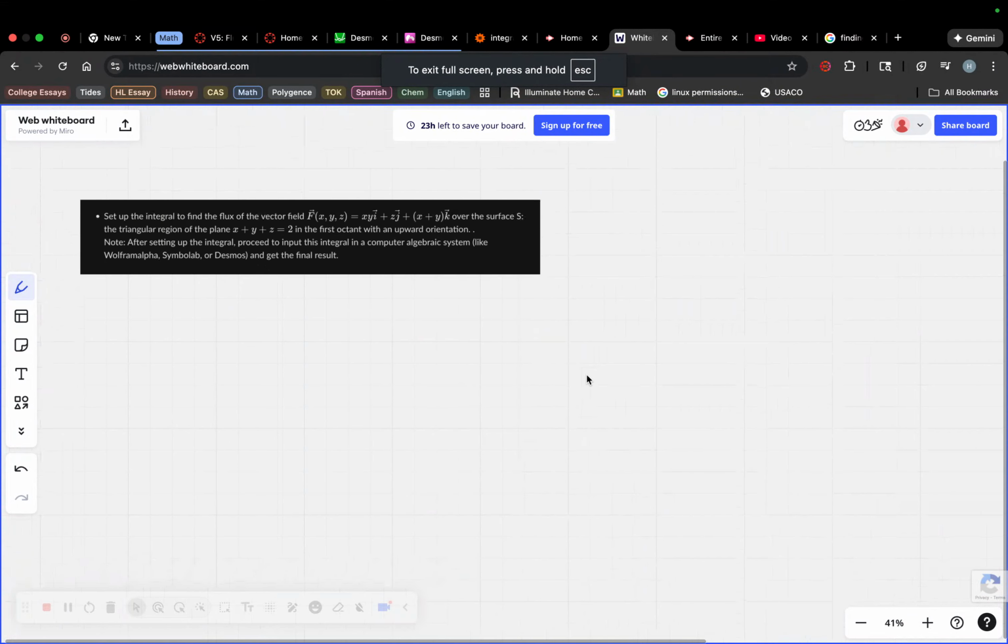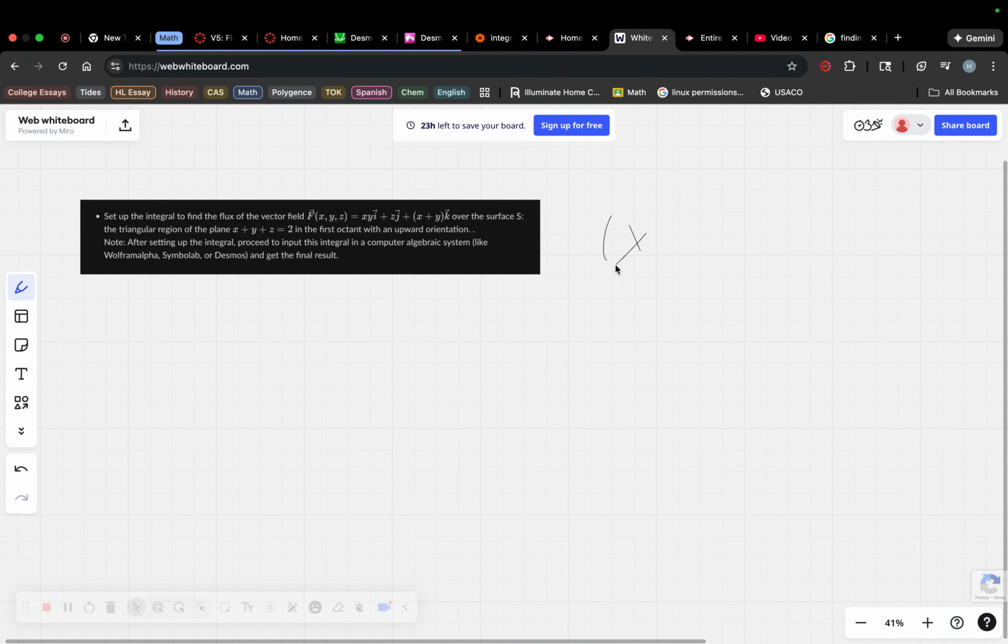All right, so the first step here is to see what the question means. When they say first octant with upward orientation, that's pretty crucial information because it tells us that all x, y, and z are going to be greater than 0. It also tells us the normal vector, which we need to know later, for upward pointing